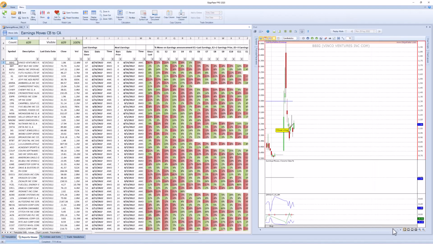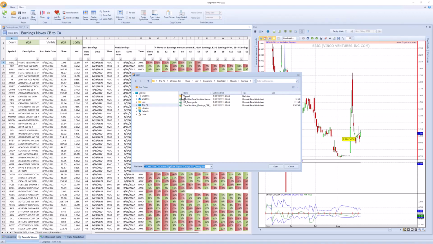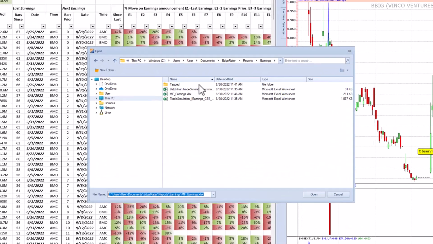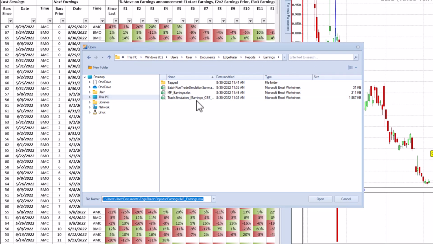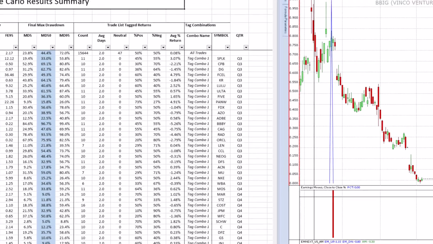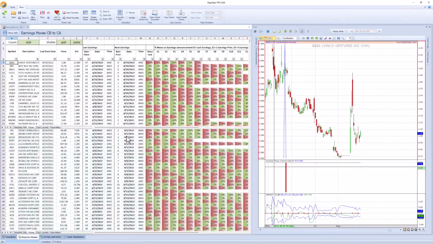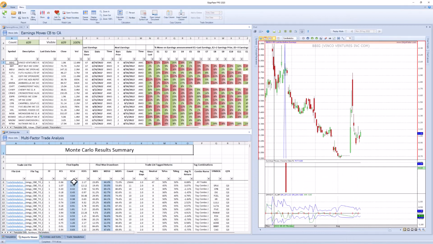Okay, so I've got the earnings move template open. Now all I have to do is go up here and open a previously run report. Templates generate reports. You already saw where it places the reports, so I'll just open the MF earnings report. Don't need to run it again. As I said before, that took 7 minutes to run, so you don't really want to run that again every day. I'll just place it below here, and